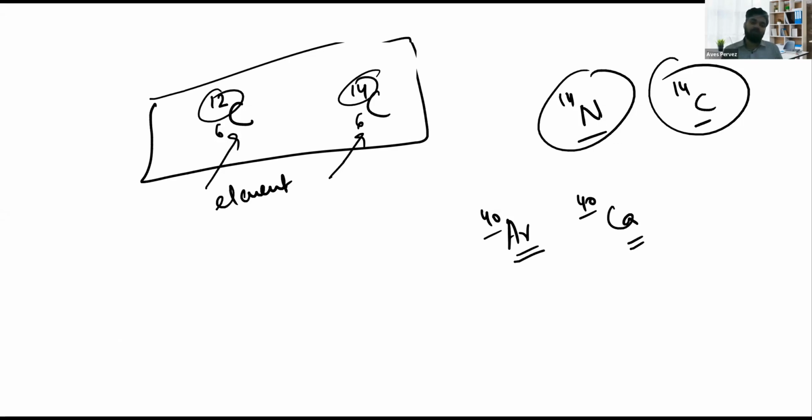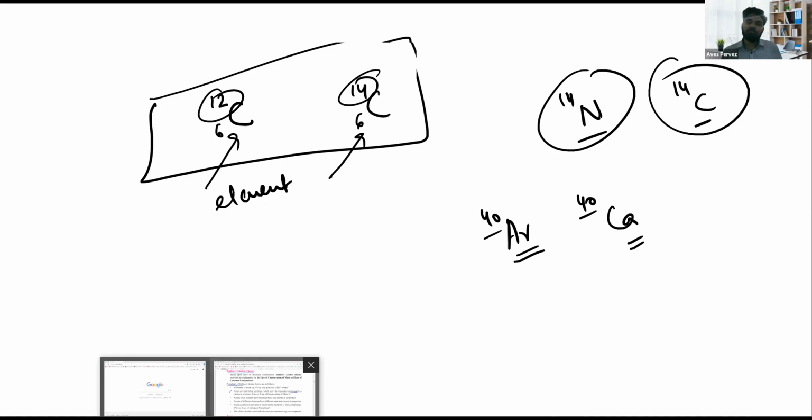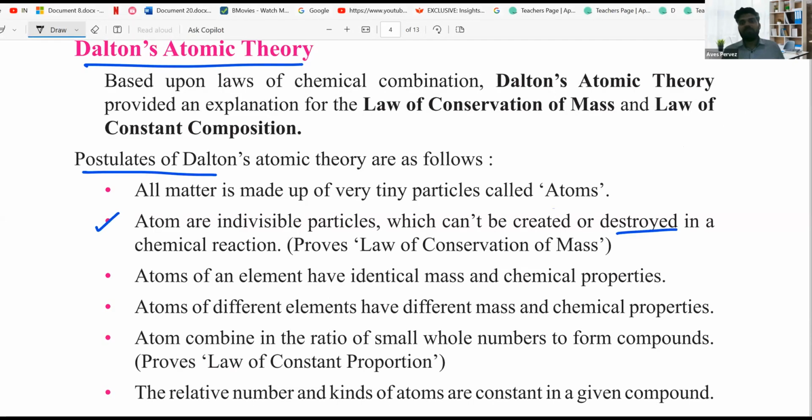Okay? Got it? So while writing the postulates, do we write those two points or do we not? We need to write those ones, even if they are incorrect. Yes, we will write them, and we will learn them in the drawbacks, that is, the drawbacks of Dalton's atomic theory. Okay. Got it. Next is